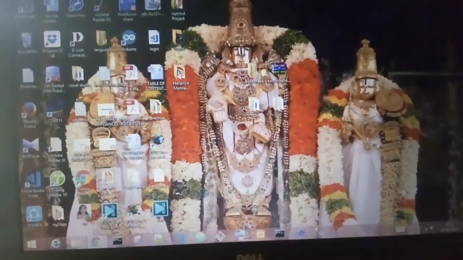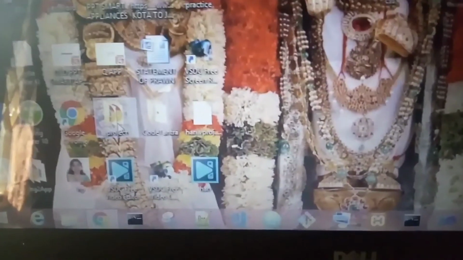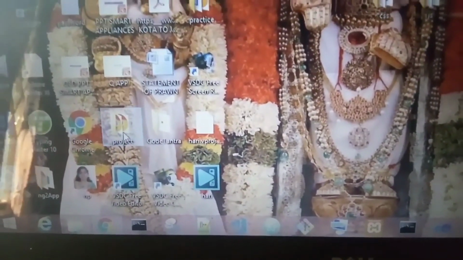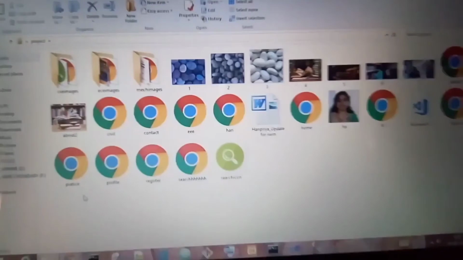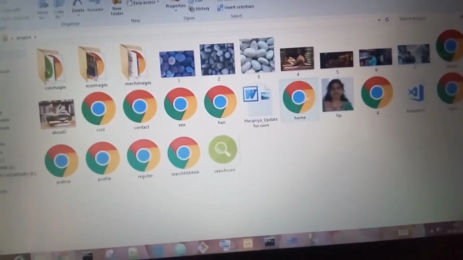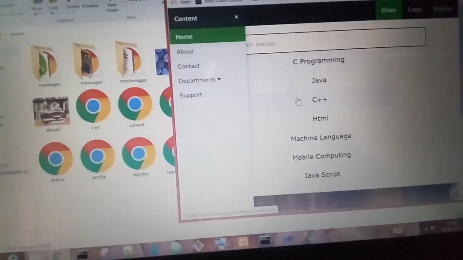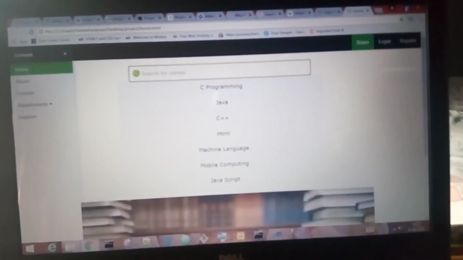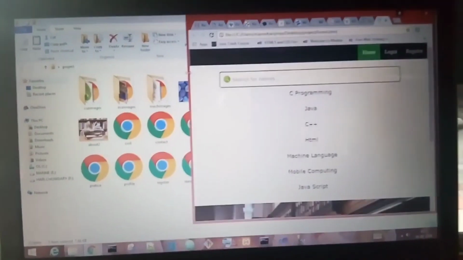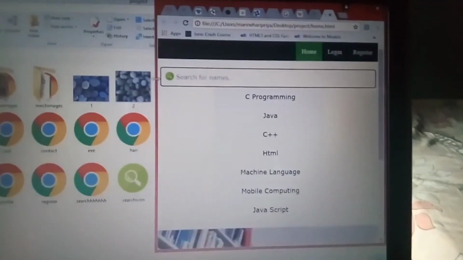Finally, I want to give a clear example which is real and designed by me. I designed a project. In that project folder there are so many web pages. In that, the main web page is the home page. I open it in the browser, it automatically shrinks according to the size of the screen. If I resize the browser, it automatically shrinks according to the size of the screen.